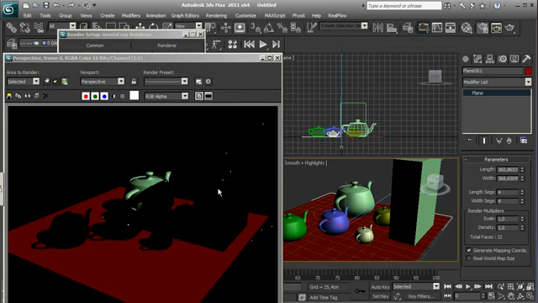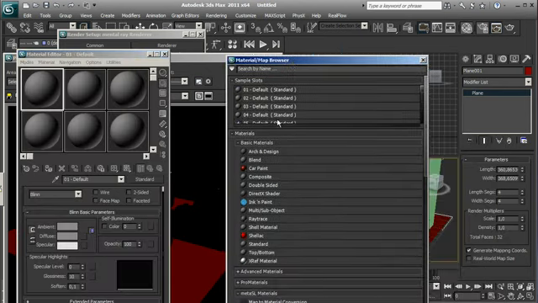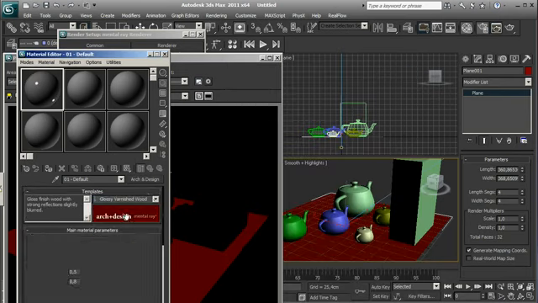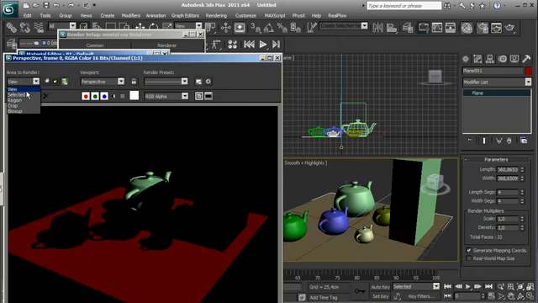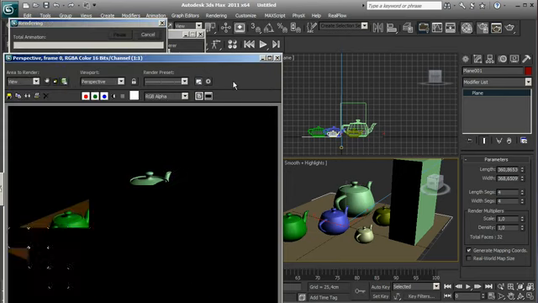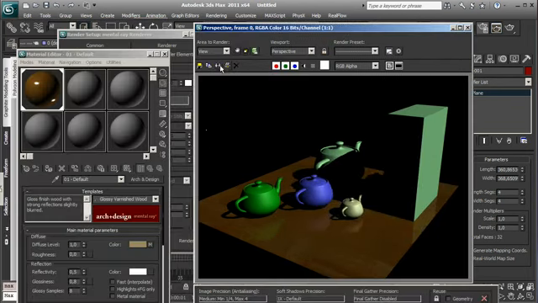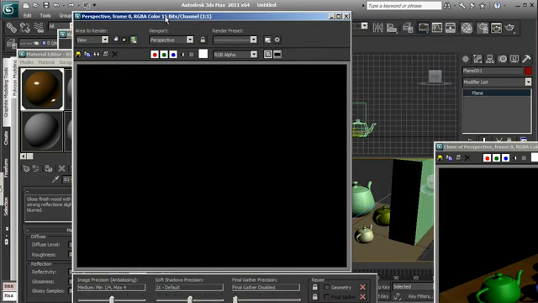So we have the reflection and the refraction. Let's make a test. For example, I can create a simple Arch and Design material, and let's create a glossy varnished wood and assign it. If we do a normal rendering, let's remove the selected pixel and see what happens. You see that we also have the reflection there. Let's make a copy, and we can remove this one. Let's say that we like to render just the selected one. So render this one,